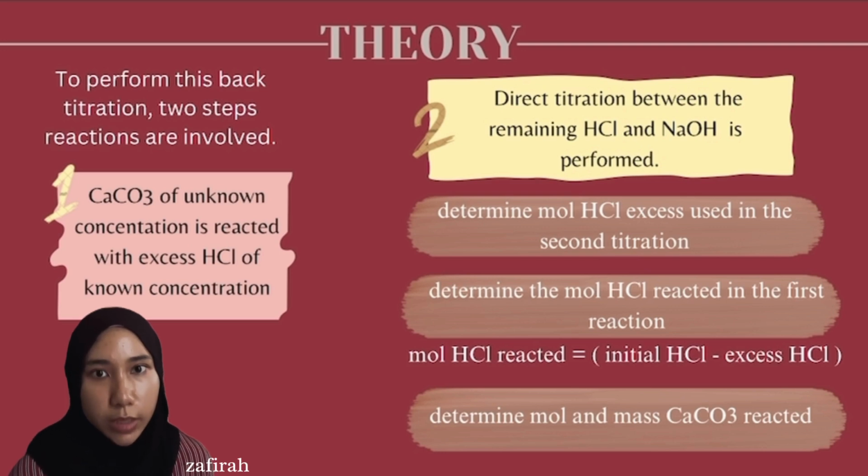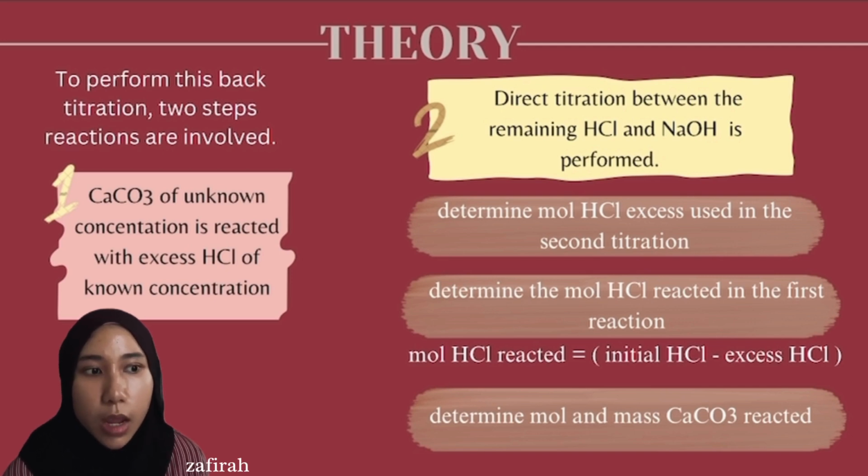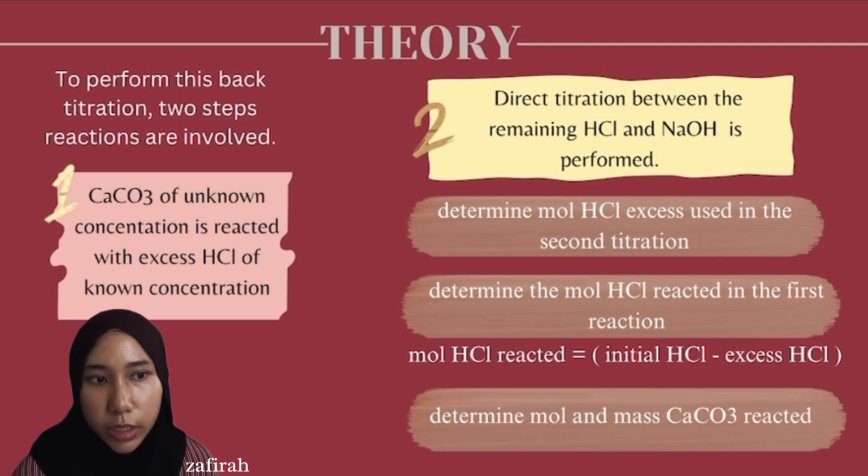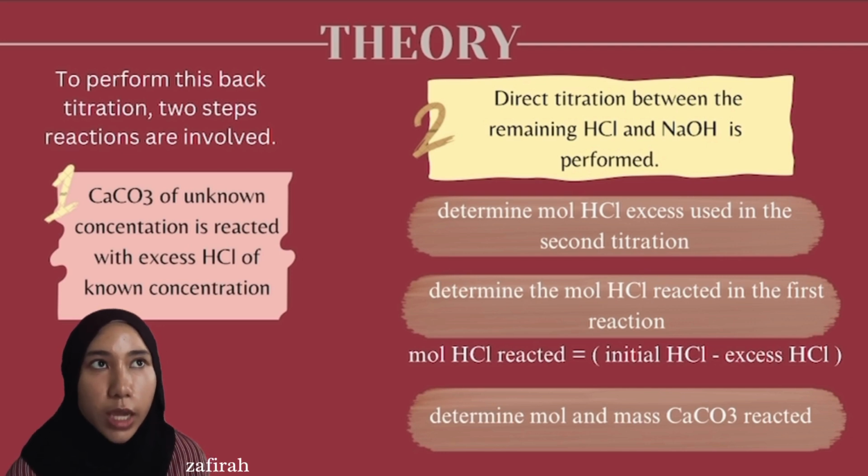in the first reaction. By constructing a balanced equation between hydrochloric acid and calcium carbonate, and by obtaining the amount of hydrochloric acid that is reacted, we can gain the amount of calcium carbonate reacted in the first reaction. And the final step is that we can finally calculate the percentage of calcium carbonate that is contained